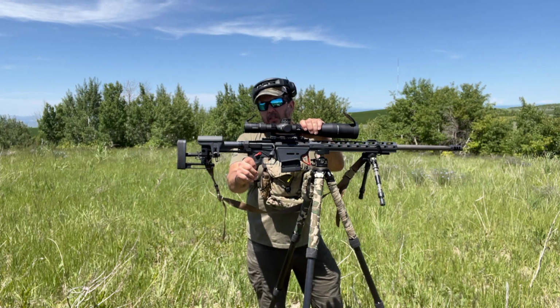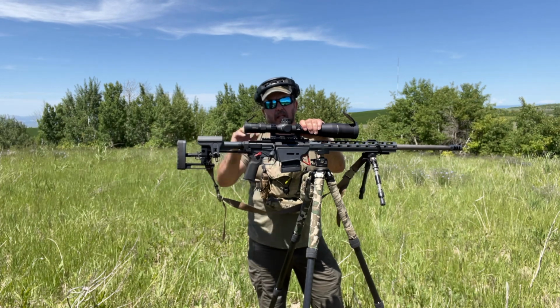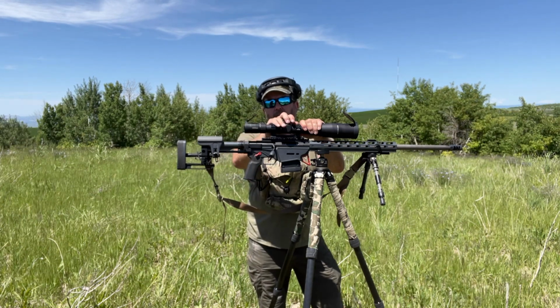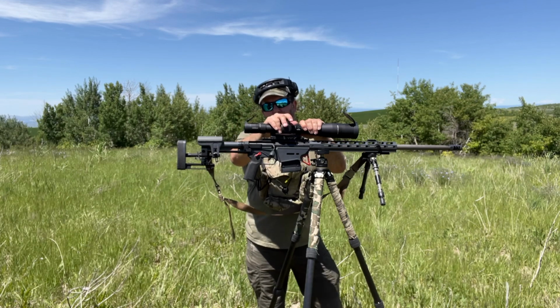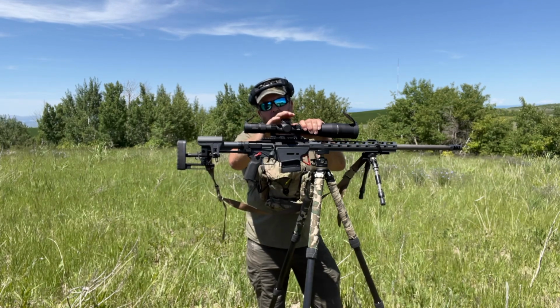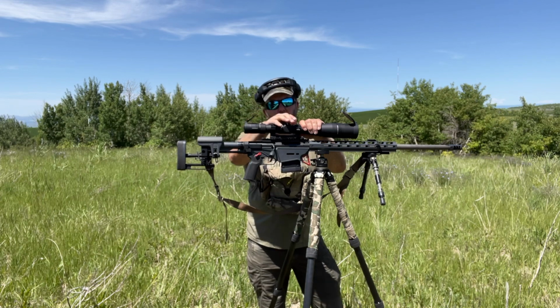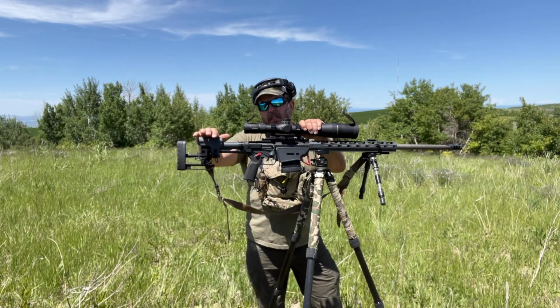It is just such a comfortable combination to shoot, and the Mark V really just makes this rifle. I am going to put another Mark V on this actually, and I'm going to put a Mark V with a Tremor 3 reticle and illumination on this next. This is actually going to go on to one of the school guns. And then moving back,